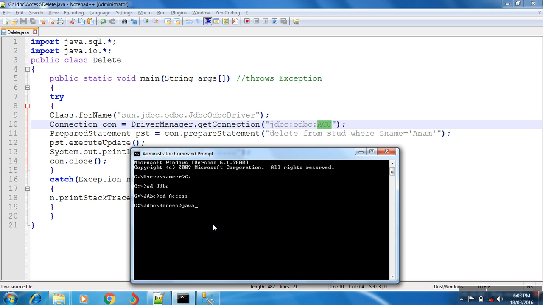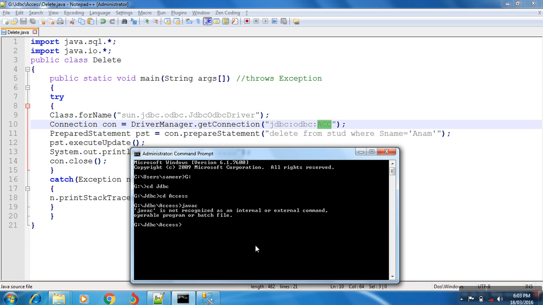Type the command javac. First you have to check whether javac is running, whether Java is set on this command prompt. Your Java is not set because an error is shown: javac is not recognized as an internal or external command.